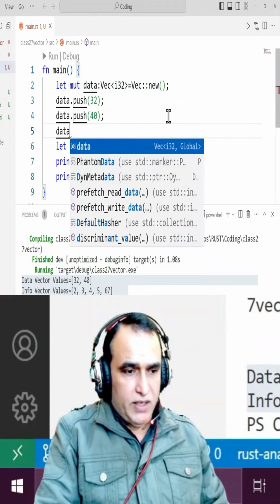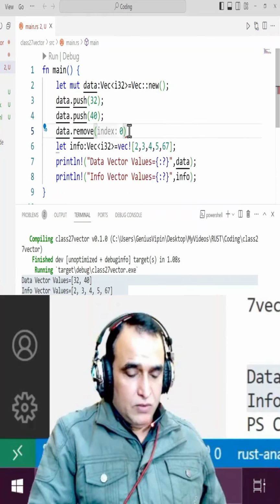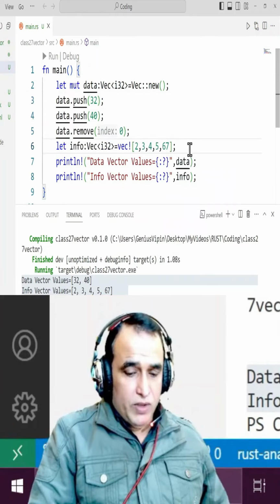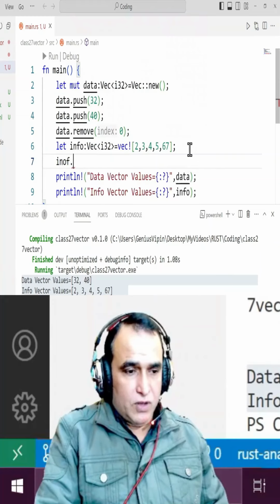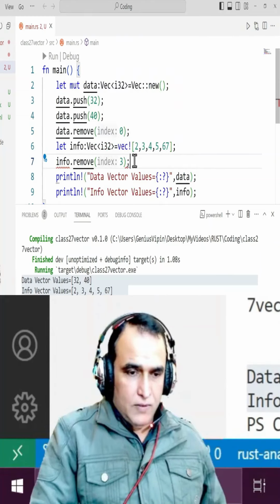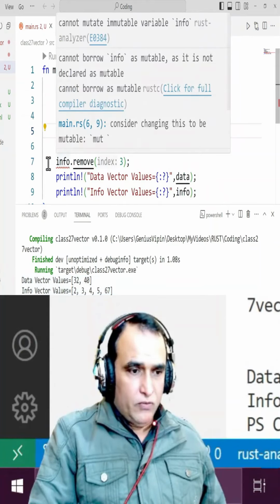So I say data.remove, and here I pass the index, suppose I say 0, so I will remove the first element, 32 here. Same I can do here also. I say info.remove like this, and I pass here index number 3 like that. Again if I try this, this is info, I have to declare